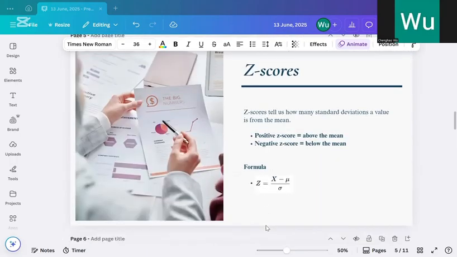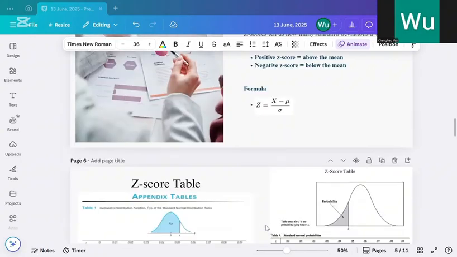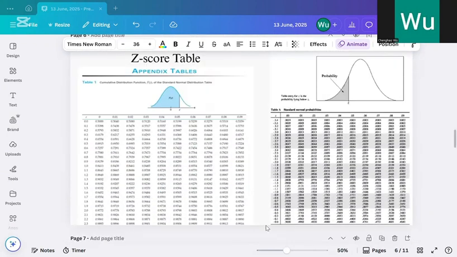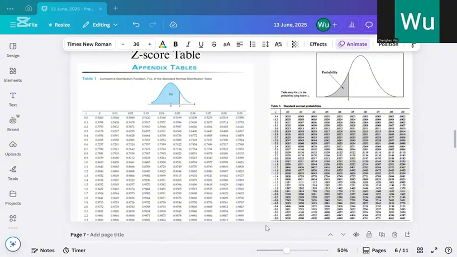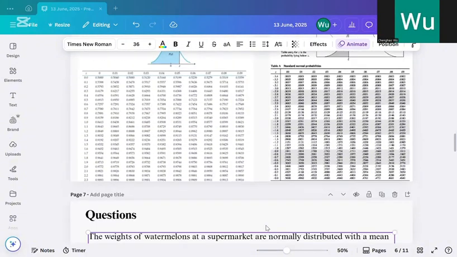About z-scores: a z-score tells us how many standard deviations a value is from the mean. If the z-score is positive, that means the value is above the mean. If the z-score is negative, that means the value is below the mean. The formula is z equals x minus the mean, divided by the standard deviation. And we can use the z-score table when we know the z-score value to check the probability